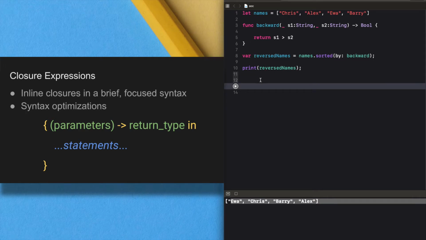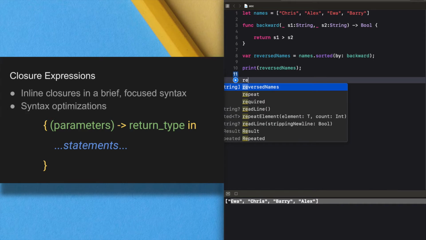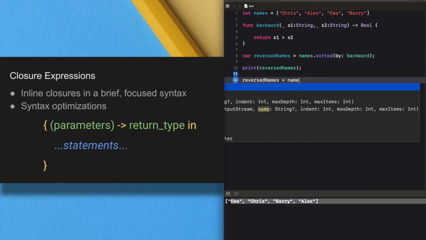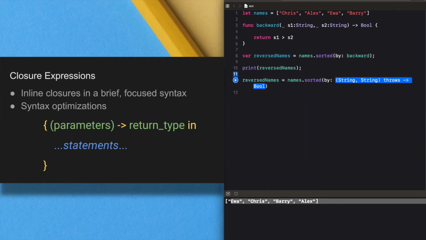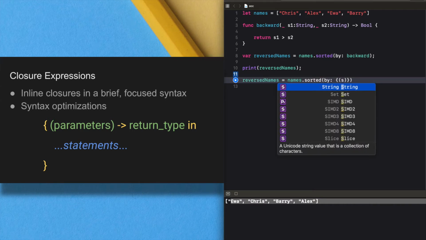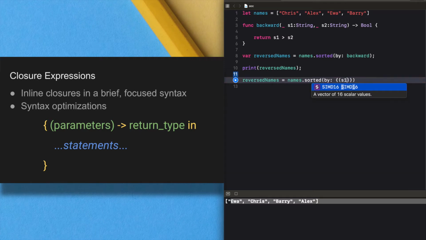Here, first name is equal to names dot sorted by, the curly braces, and the parameters go inside the parentheses: s1 string, then s2 another string.